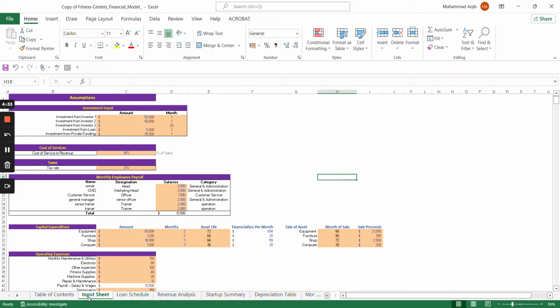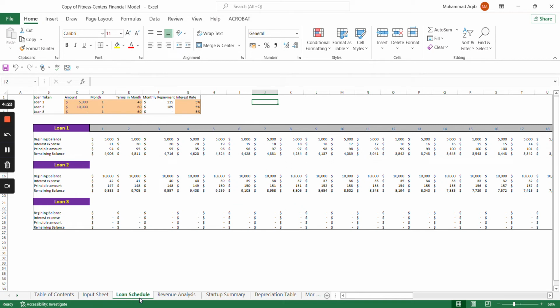Moving on, this also includes different employees' payrolls as well as different operational expenses incurred by the business as well as capital expenditure. Moving on to the loan schedule, this allows fitness centers to know the interest expense and the principal amount that has to be paid on a monthly basis. This will help fitness centers to evaluate and have their cash flow cycle depending upon the principal amount that has